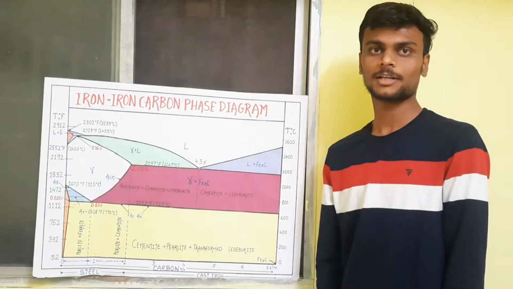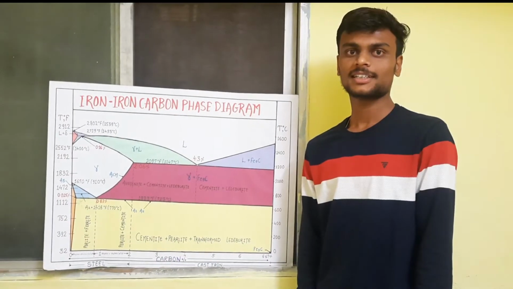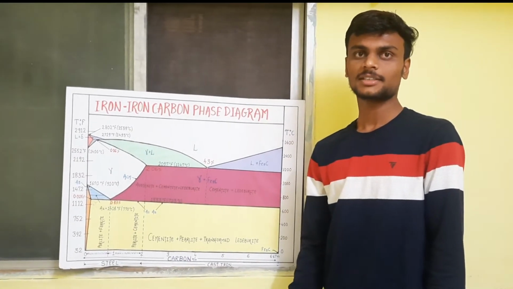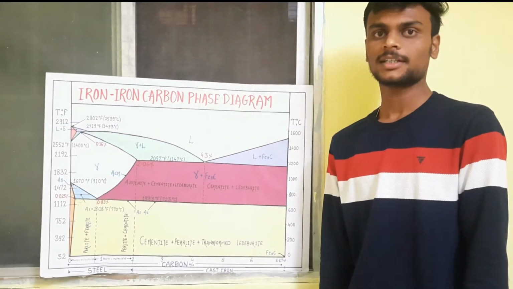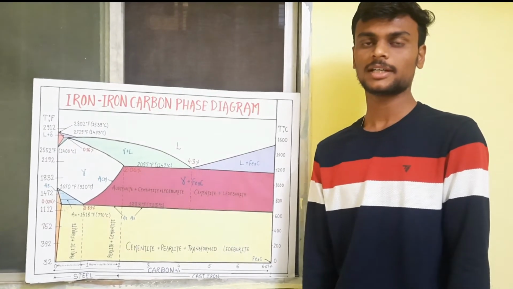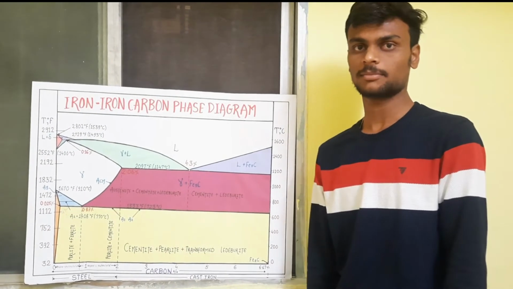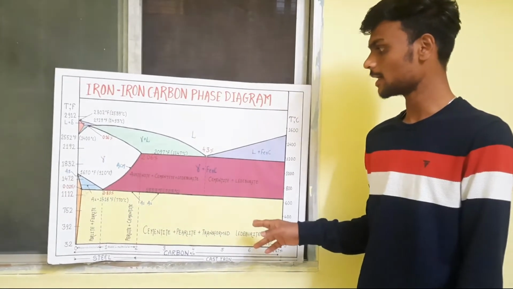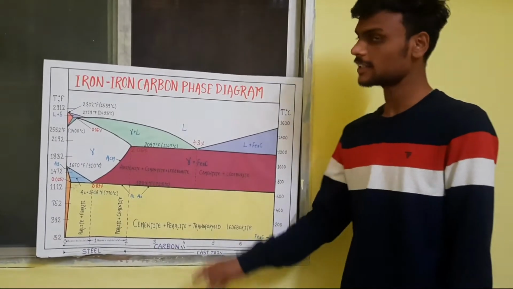Today I am here to play the role of critical temperature. Critical temperature is the temperature at which a phase change, composition change and structural change occur in a phase diagram. There are different types of lines like A0, A1, A2, A3, A4 and ACM. One is the A0 line: cementite changes from ferromagnetic to paramagnetic at 210 degrees Celsius.